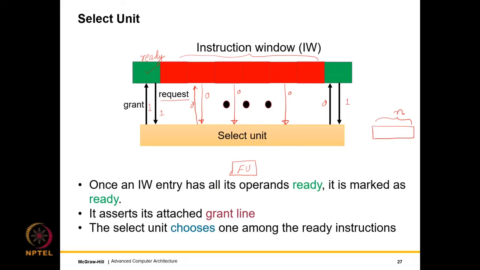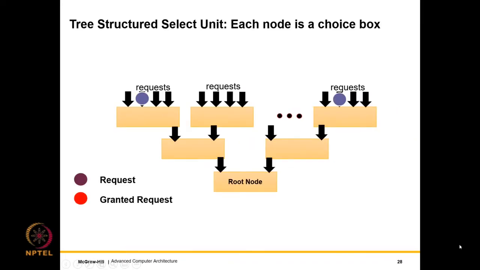So the job of the select unit is pretty much to select one among the n that is interested, or whose request line is set to 1. Let us now take a look at a select unit. A select unit takes in a set of requests, and its job is to assert one of the grant lines, the request that is granted. The grant lines are not being shown for ease of readability.